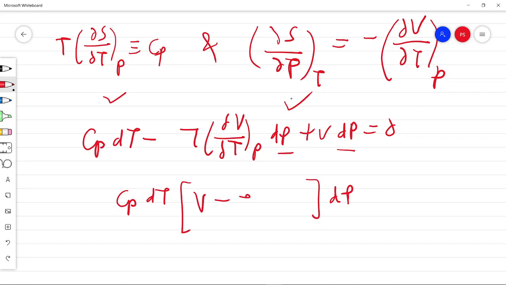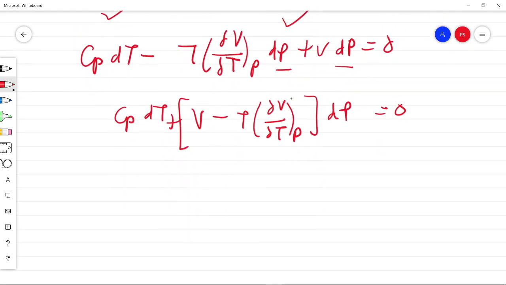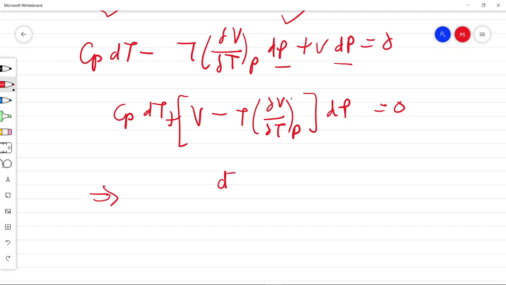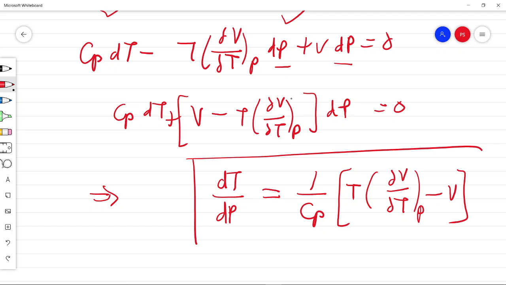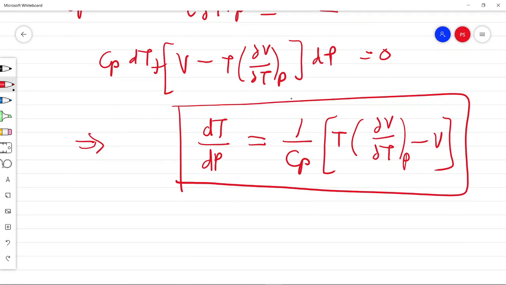So we have V minus T ∂V/∂T equal to 0. This can be rearranged to get an expression for dT/dP, how the temperature changes with change in pressure. And it is equal to 1/Cp into [T ∂V/∂T minus V]. This ratio on the left hand side is important because